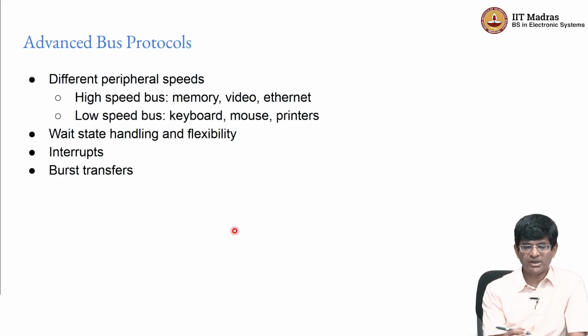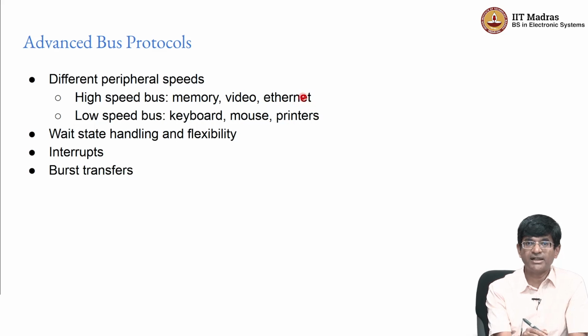Now, as I have mentioned over here, standardizing the signals, the kind of signals and the nature of signals, is the important part of what defines the bus. But there can also be advanced bus protocols. In particular, you might have a scenario where you have different peripheral speeds, and this is quite common. Even in a microcontroller, of course, you have to deal with memory. You might be outputting something to video, which generally tends to be high speed because you have a lot of data to be sent out onto the screen and refreshed many times per second. Similarly, you might have data that's coming in on Ethernet, which is a fairly fast protocol. It can go into the hundreds of megabits or even possibly gigabits per second.